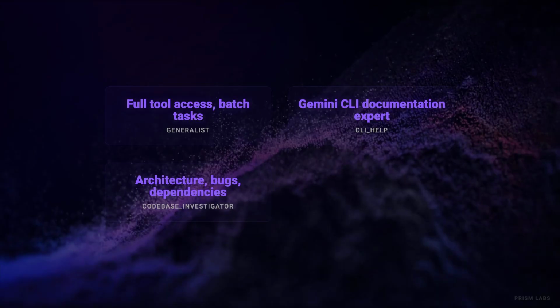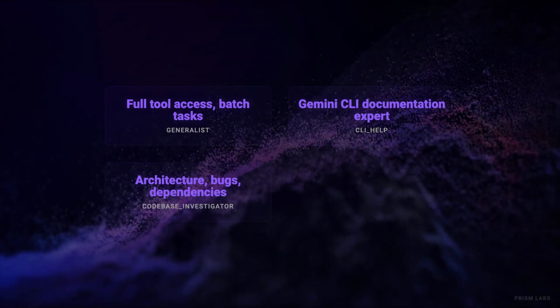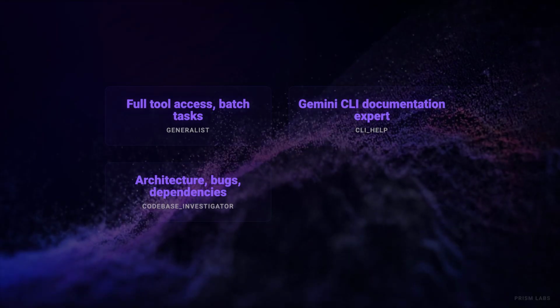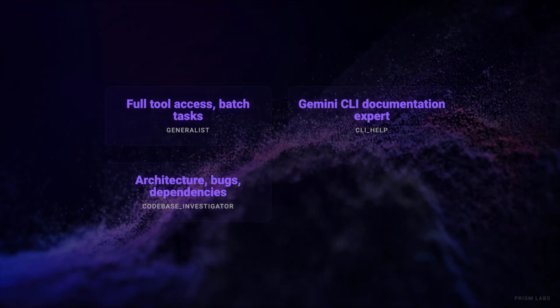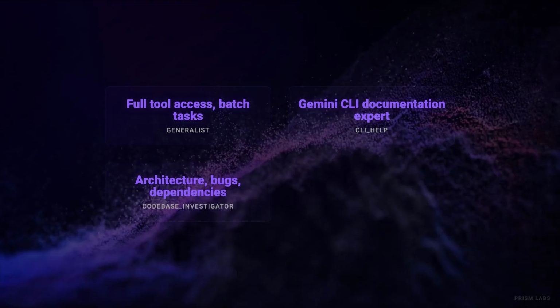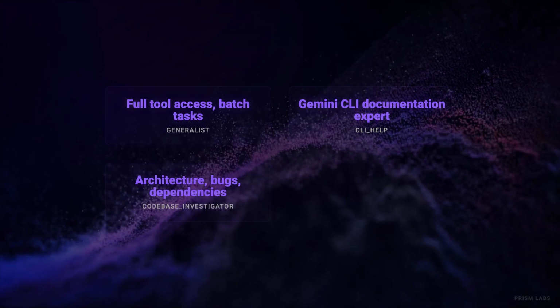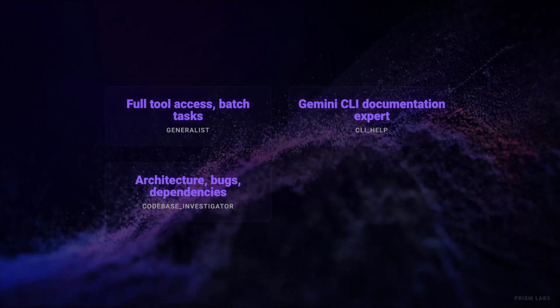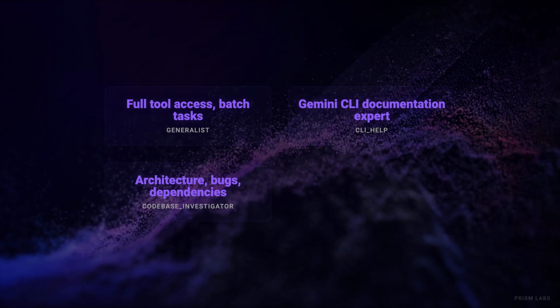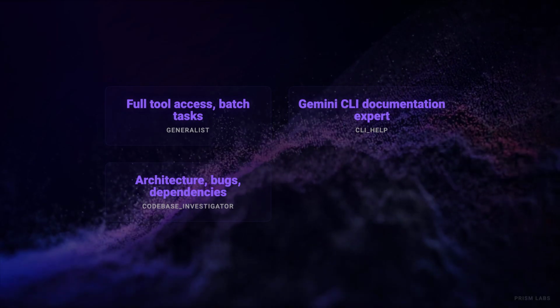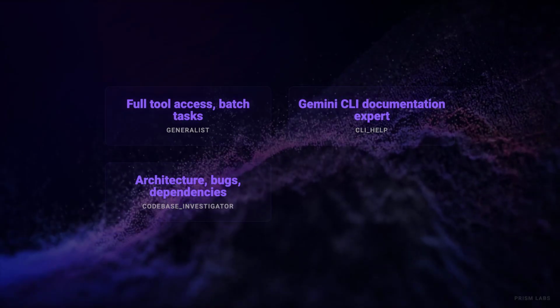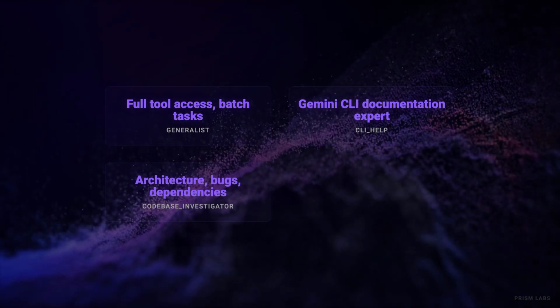The CLI Help agent is an expert specifically on Gemini CLI features with access to the documentation. Instead of the primary agent trying to remember every CLI feature and flag, CLI Help can provide authoritative answers about configuration, commands, and capabilities. The Codebase Investigator is specialized for deep code exploration, architectural mapping, bug root cause analysis, dependency